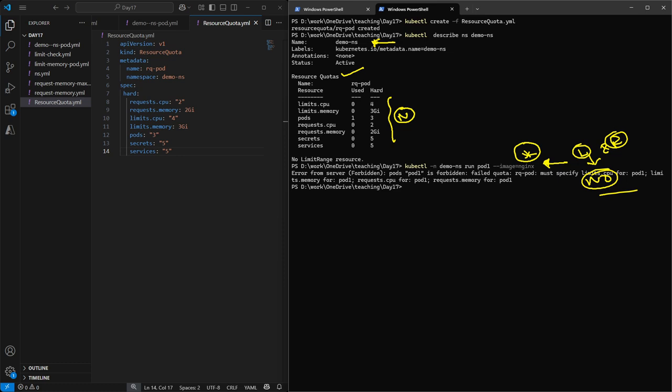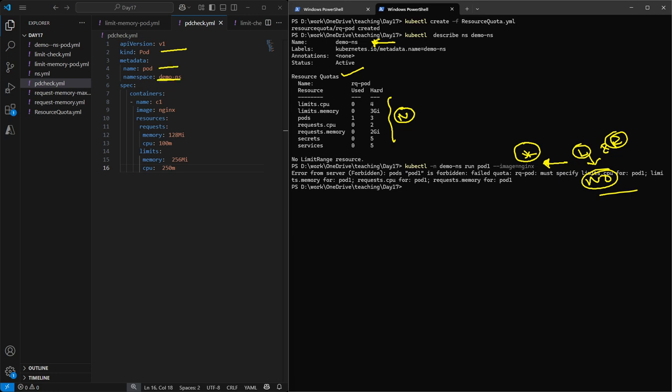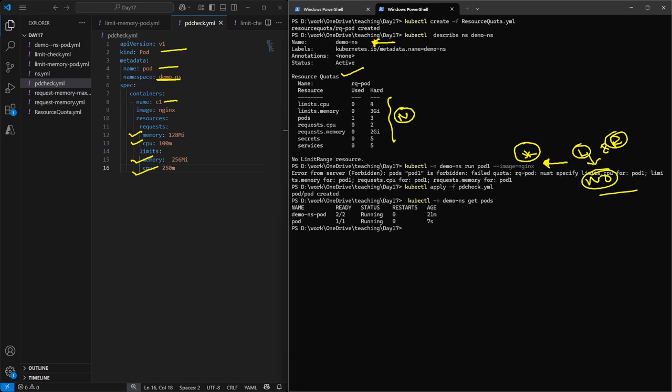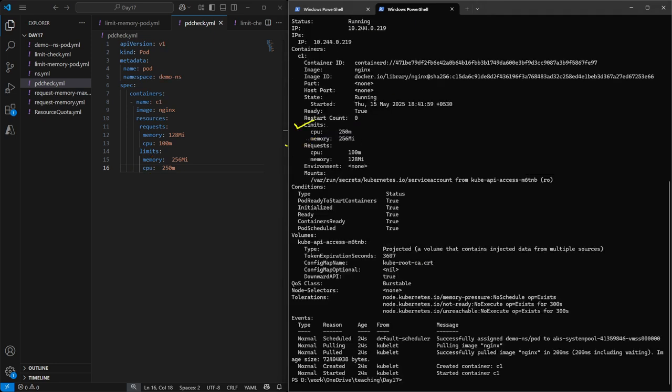So let me create a pod with all this configuration. If you see in this YAML configuration, we are creating a pod. The name of my pod is pod1. The namespace I have mentioned is demo-ns. And in my container configuration c1, I have mentioned the request memory, the limit memory, and CPU. Let me run this configuration. You see here, my pod has been created without any error. Let me describe it. You see here, the limits and the requests have been updated inside my container c1, and we are good to create our resources